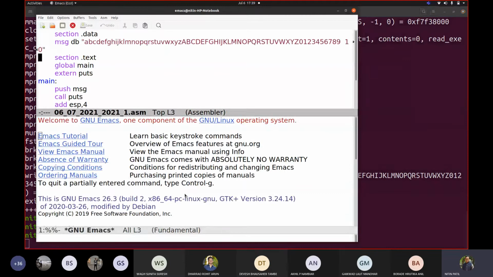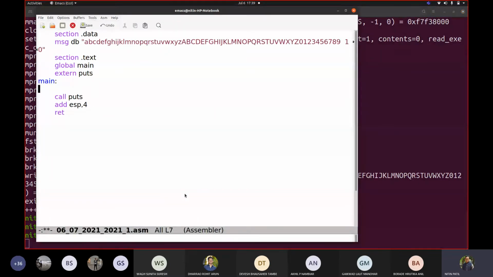Emacs, now see how the treatment is given differently. Yeah? So I'm using puts and printf, so different.